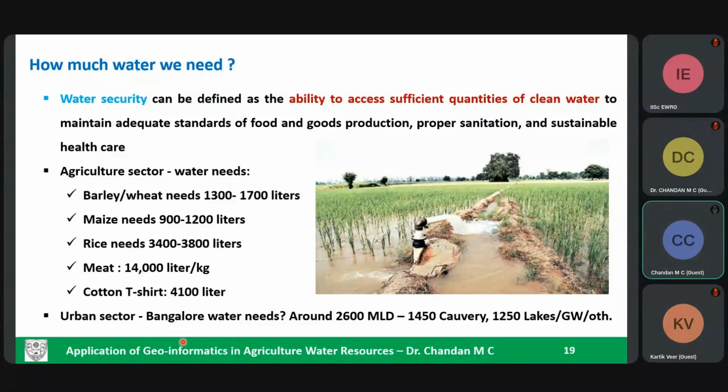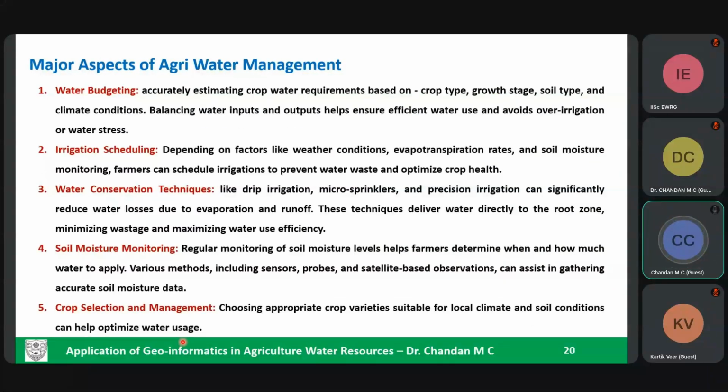So when we are speaking about the groundwater, I think already Professor T.V. Ramachandra's lab has done a lot of experiments on how this groundwater is affecting the health of the people, because with the groundwater, we are going beyond 800 feet. So that is also a question, how to manage the groundwater. Now, when we look at the major aspects of agriculture and water management, we have the water budgeting for crop type, crop growth, health monitoring, etc. And irrigation scheduling is one of the inputs where, based on the weather conditions, we can manage the irrigation with respect to the field conditions also, that is evapotranspiration rate, soil moisture, etc.